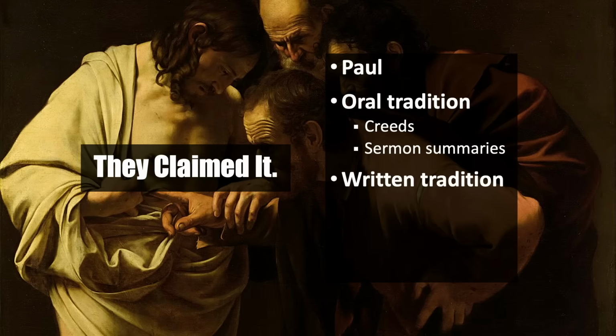A third kind of source comes from written tradition. Of course, here we include the 4 Gospels and the book of Acts: Matthew, Mark, Luke, Acts, and John. Now, as we've seen in a previous episode in this series, no matter how skeptical the critic might be concerning the Gospels, it is well accepted that all 4 Gospels were written during the 1st century while many of the eyewitnesses were still alive.